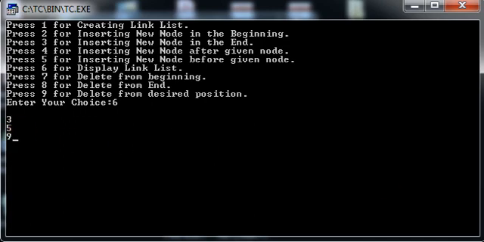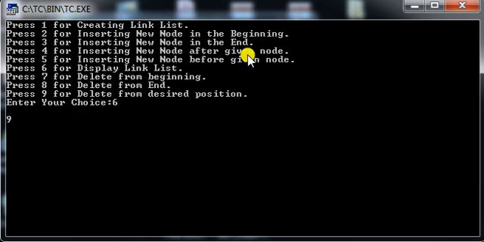So 5 should be removed. Let me check. As you can see, 5 has been removed from the linked list, right? Similarly, 3 and 9 are there in my existing linked list. As you can see, 3 should be removed. Yes, 3 has been removed.